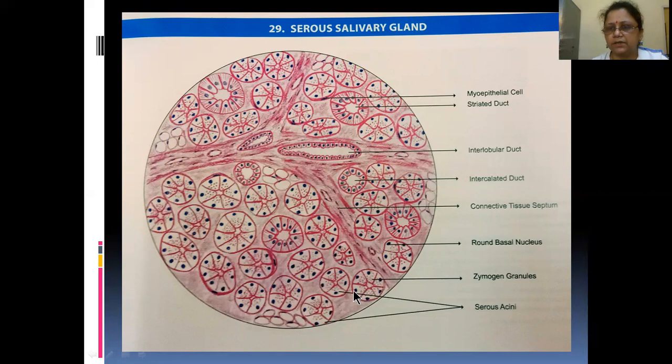All these are serous acini, and surrounding the serous acini there are myoepithelial cells. Myo means muscles. These are thin cells which help to secrete from the gland, and the secretion will come into the lumen. So all these are ducts. Please don't confuse the ducts with the serous acini. This is a duct lined by cuboidal epithelium, but these are all acini. This is one myoepithelial cell. This is one myoepithelial cell. Please label the adipocytes also. You have to draw this diagram.